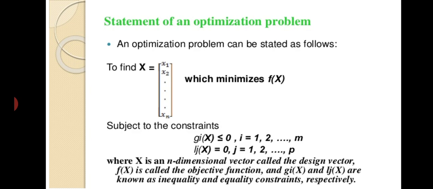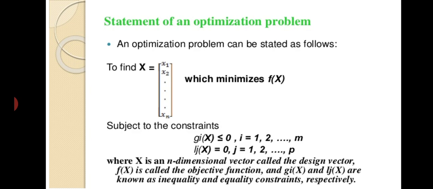After this, we will cover the stationary point. What is the stationary point? What is the global optima? What is the significance of global optima? What is the significance of global minima? And then we will try to derive the generalized sufficient and necessary conditions for the optimal value of the different functions.